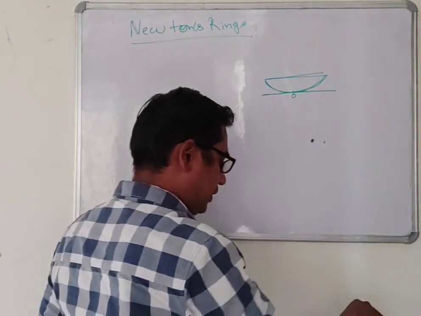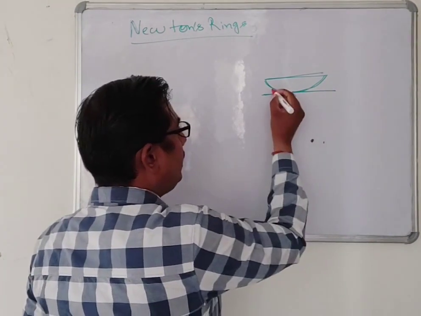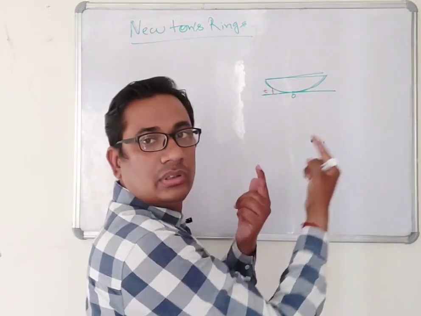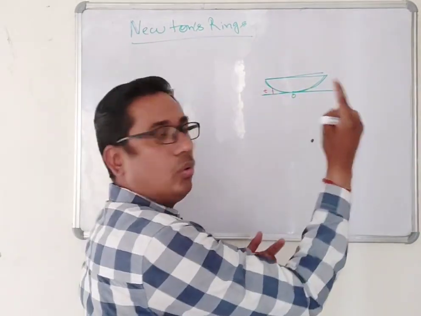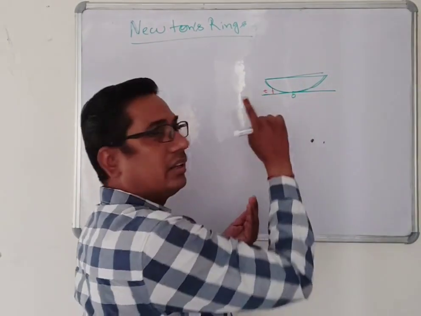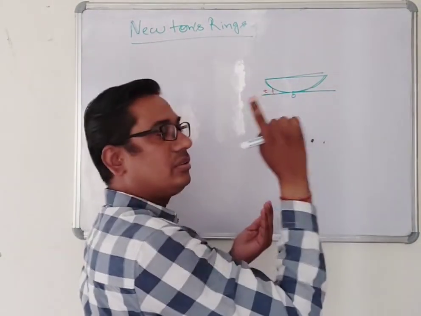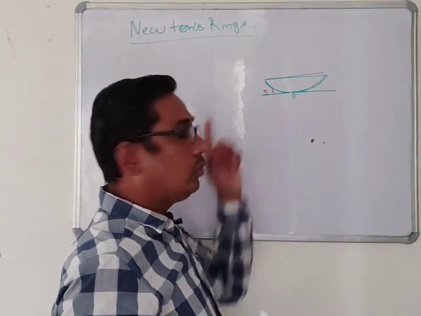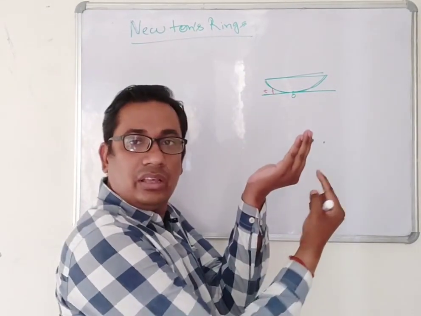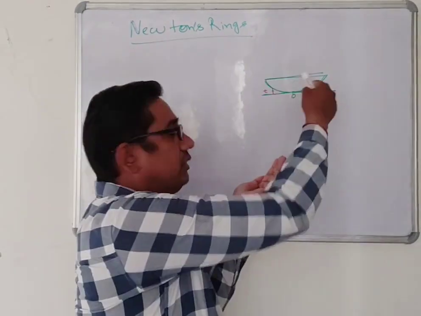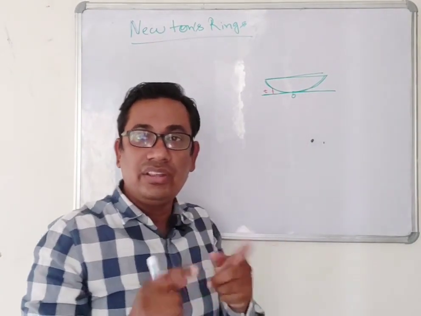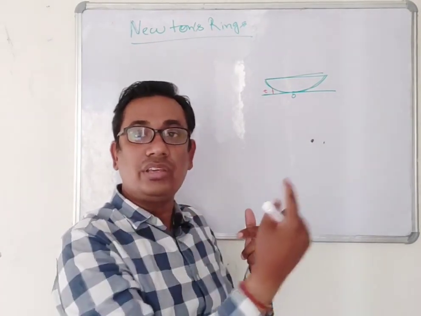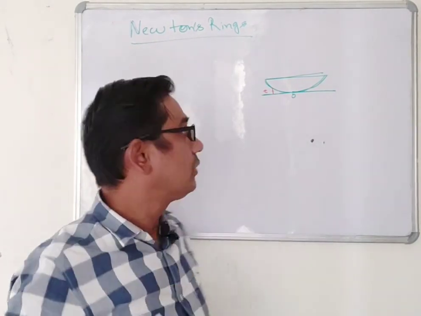This is O1. You can see that T is the thickness of the air film that will be formed. This is the center O. T is the thickness of the air film, which makes a circle around O, so that the air film forms around the O of this lens, and the fringes will form as dark and bright fringes in a circular form. This fringe is known as Newton rings.